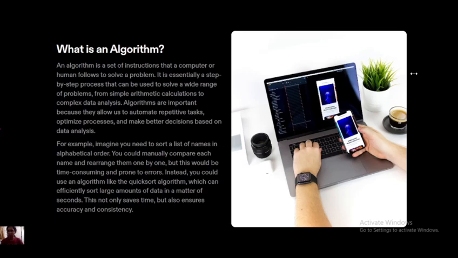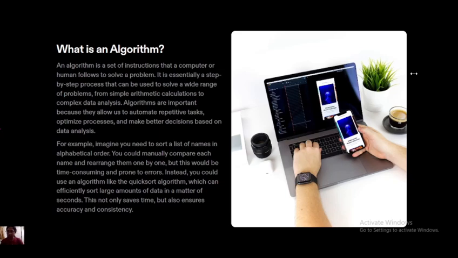What is an algorithm? An algorithm is a set of instructions that a computer or human follows to solve a problem. It is essentially a step-by-step process that can be used to solve a wide range of problems from simple arithmetic calculations to complex data analysis. Algorithms are important because they allow us to automate repetitive tasks, optimize process and make better decisions based on data